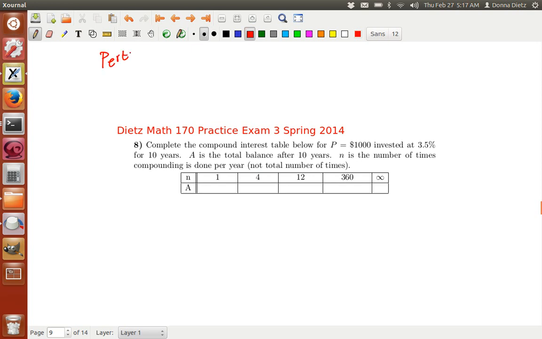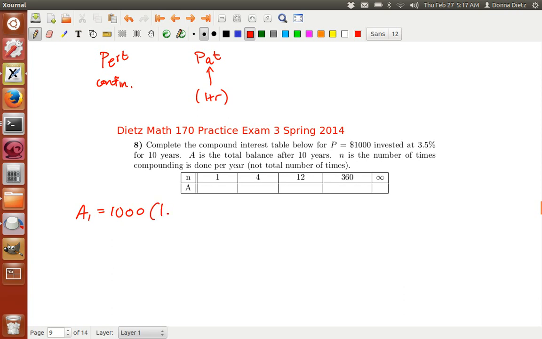That's for the continual compounding only. And then the PAT formula, A is P times 1 plus r over n, to the nt. Okay, so it's either PERT or PAT. So let's figure this out. I'm going to call these A sub 1, A sub 4, A sub 12, and A sub 365, and then A infinity. Alright, so we're going to invest $1,000